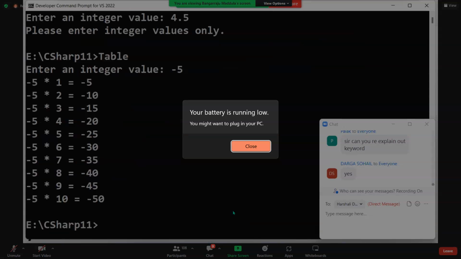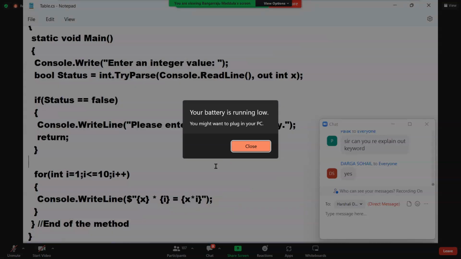I don't want to see the multiplication tables for the negative values. What I want to see is only positive. Means what I want is only unsigned, but I don't want signed. If that is the case, better when you're asking, please enter an unsigned